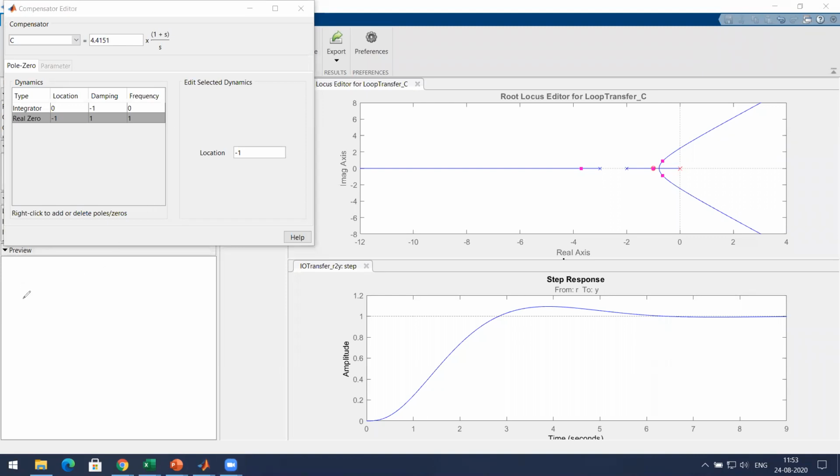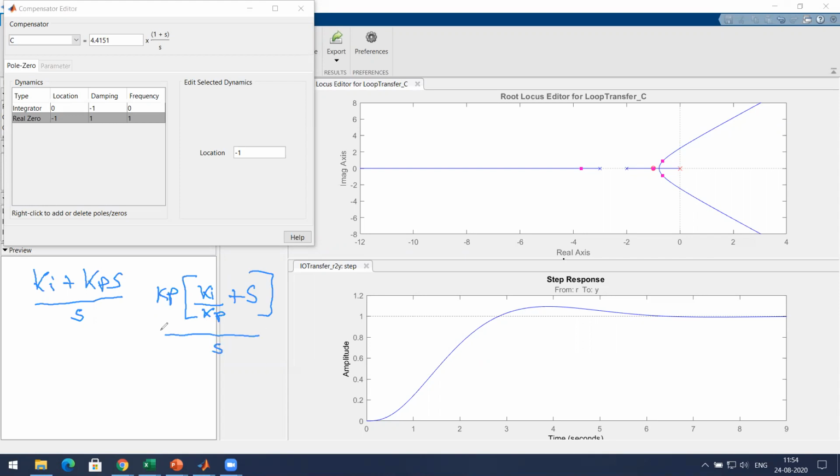So you arrived at a form where it was Ki plus Kp s, divided by s, correct? Yes, sir. If you take Kp common, this will be Ki by Kp plus s, the whole thing divided by s.